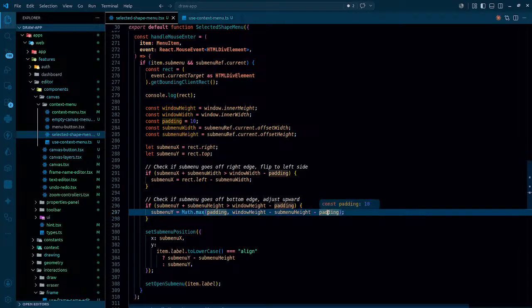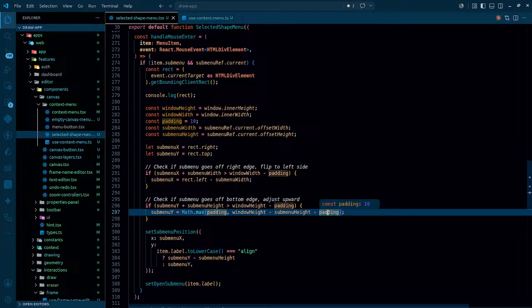So window height minus submenu height, y we are talking about, right? Window height minus submenu height minus padding, submenu y plus submenu height,